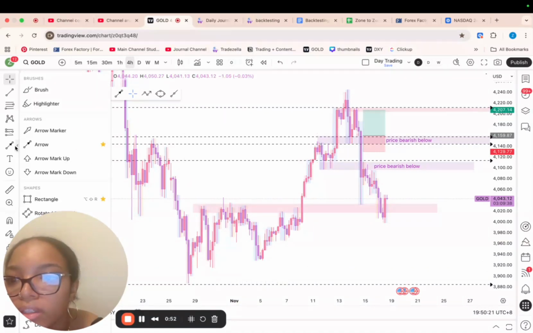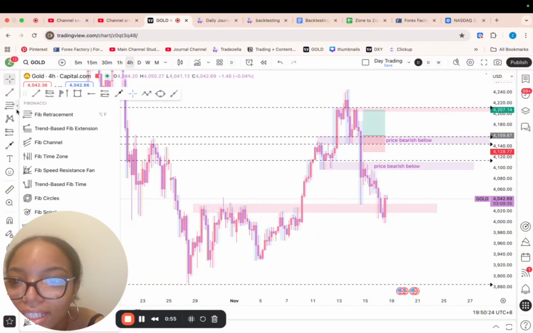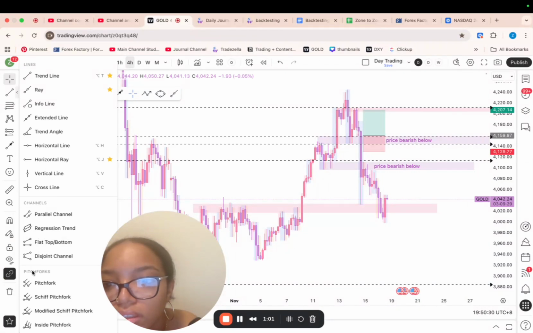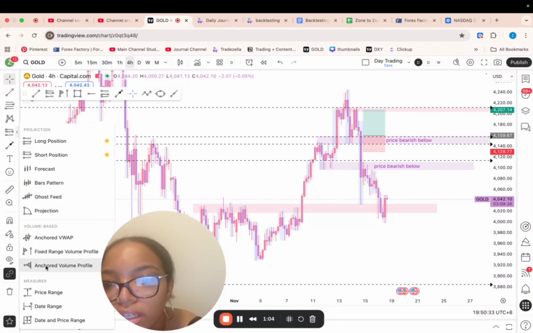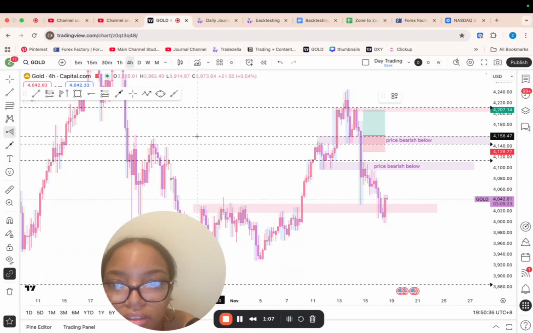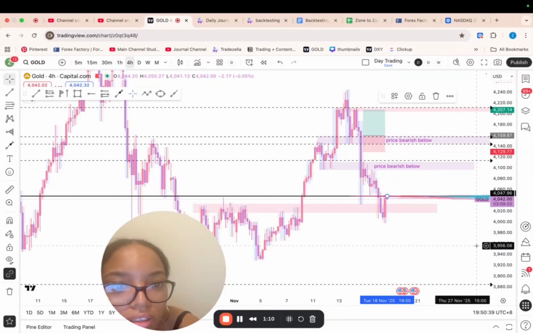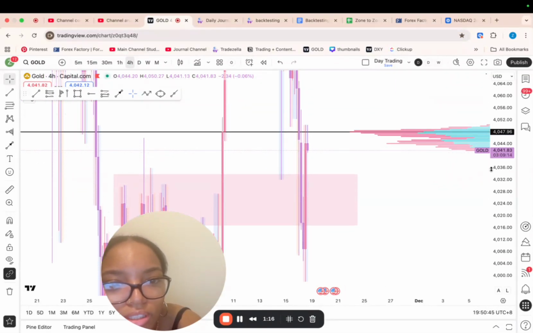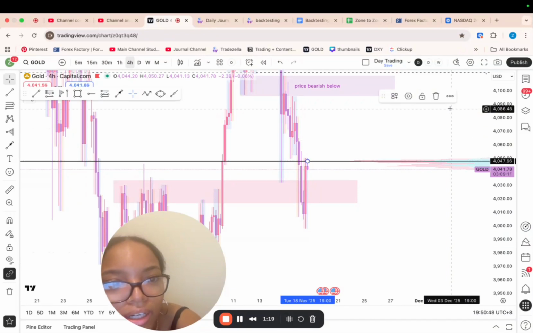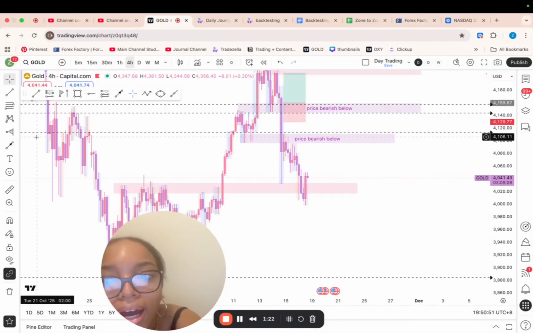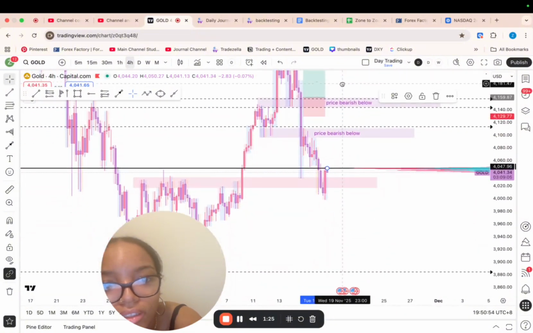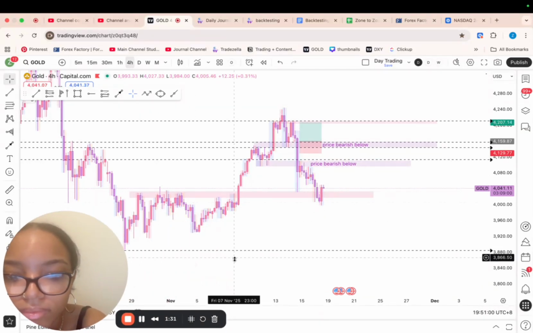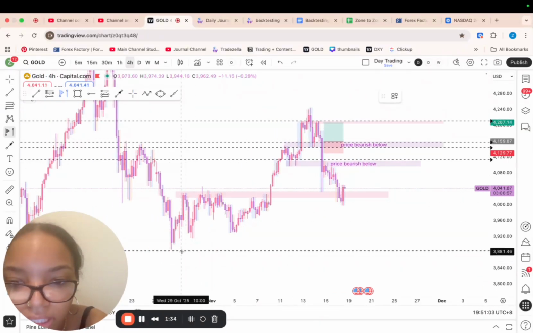What's this? I saw this tool get used the other day. I just want to play around and see if anything can make it easier for me to read gold. Where's the little volume things? Okay, this thing. Can this only be used as a low time frame thing? Because I want to see it on a higher time frame. No. Okay, I don't like that. Let me use the one that I'm actually familiar with. Hold on. I'm more familiar with this one here.